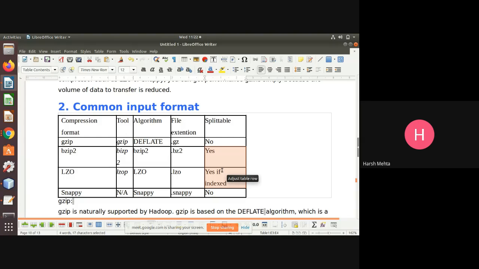If we are streaming data, we are not supposed to use LZO or bzip2 because they are slower. We can use gzip, but gzip will occupy our CPU a lot more than the other formats.